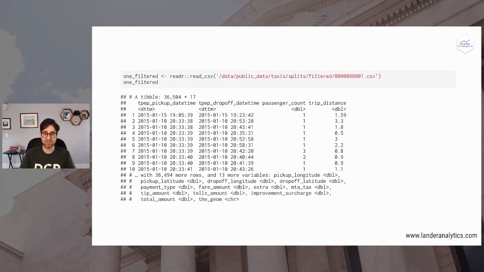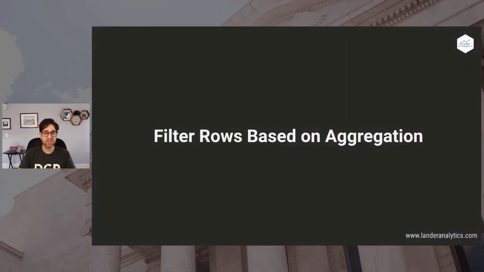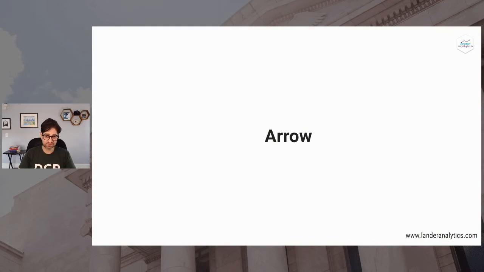With our data filtered geographically, we can now filter based on an aggregation. We want to only keep the rides from days where the daily total was above a threshold. So you can no longer do this one file at a time because you don't know which rows are split into which file. I need to be able to look at the entire data set, and a great tool for that is Arrow. This will allow me to operate on the entire data set without pulling it all into memory while still using a dplyr syntax. This is going to be very, very helpful for us.